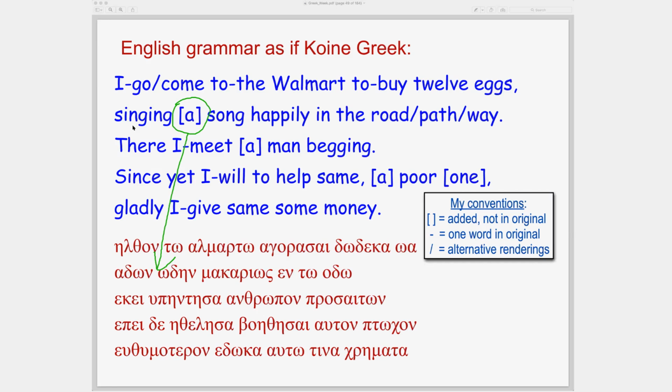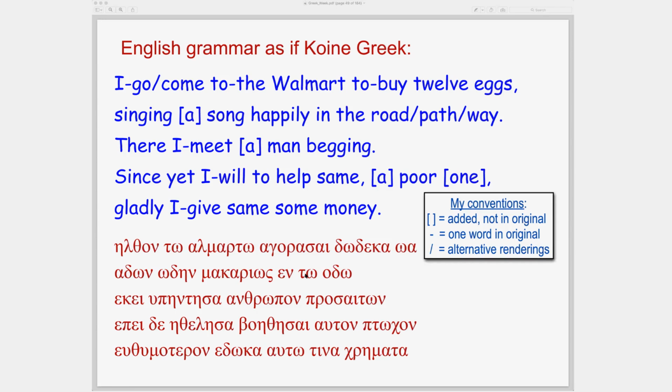Okay, here we have singing, that's the participle. Adon, and song is odain. Okay, with no A in between. So those are my conventions that I'm going to use, whenever I do these slides, and whenever you see me write articles and things like that. Okay, so here's